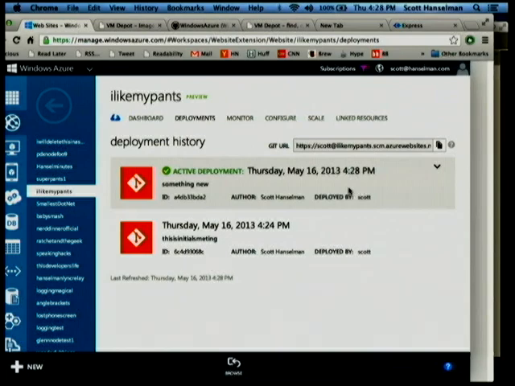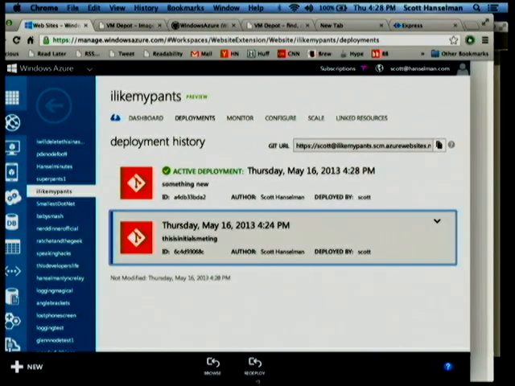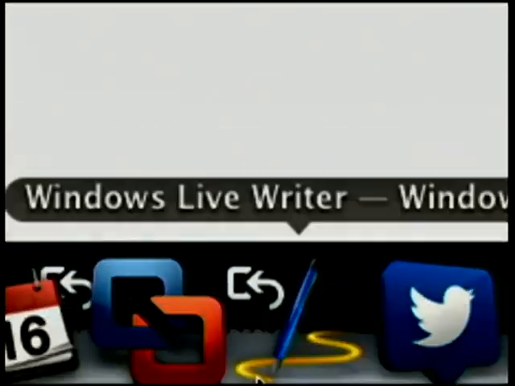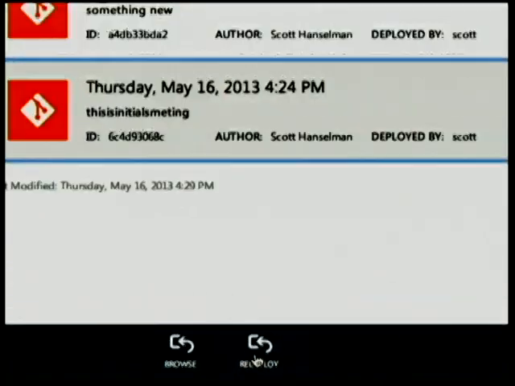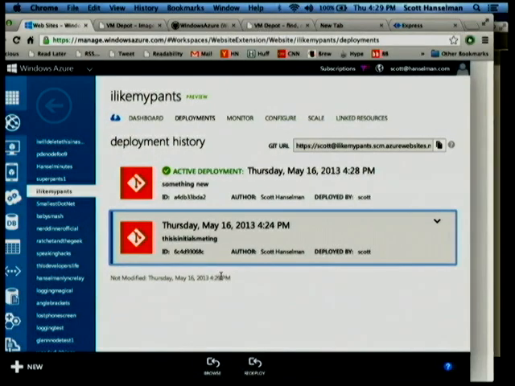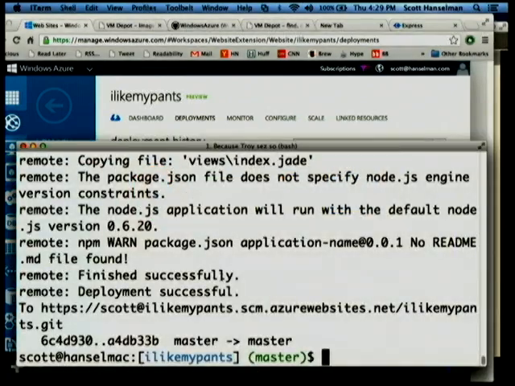So that deployment just happened right there, and it automatically updated into the portal. But then I've still got the "oh shit" button down here. Thanks, Doc. I never looked at it. It looks like a Mickey Mouse hand. So I can click redeploy and back out if I want to. I can also do that from here.